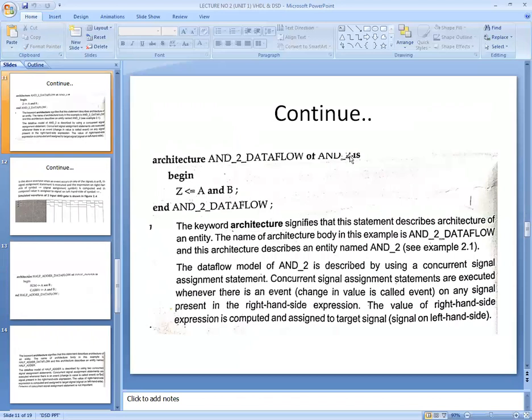You write the architecture with the entity name, that is AND2, and the modeling style used in the architecture body, that is data flow. If you mention behavioral, then you can use the behavioral modeling style. If you mention structural, then you can use the structural modeling style. And of AND2 is.